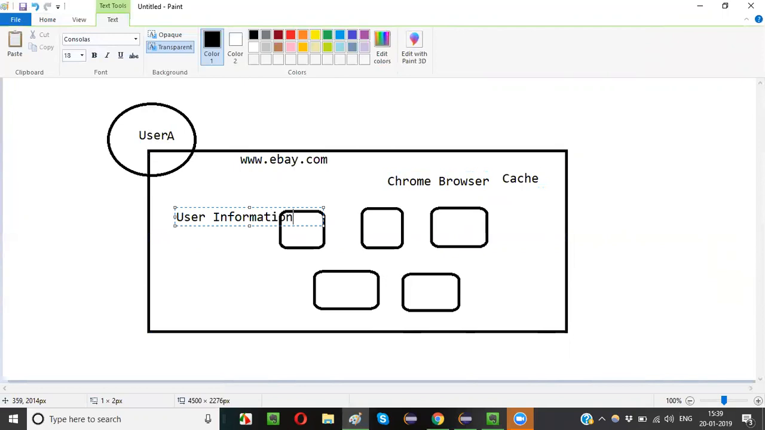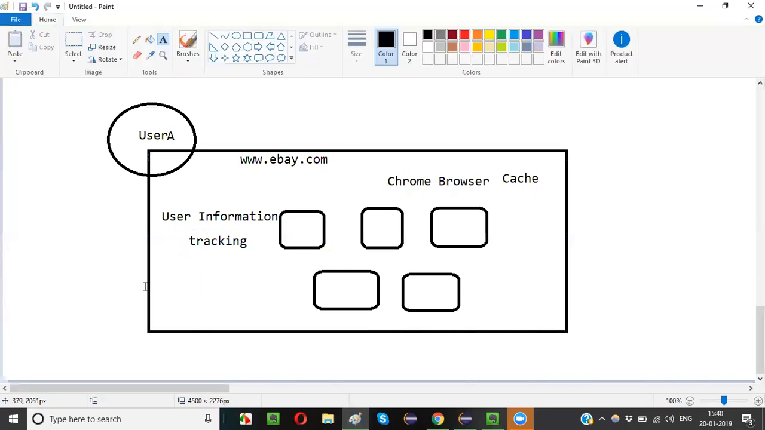Whoever the user is who is browsing this application, that user-related information will be stored and tracked by these cookies. And also, when this user visits these websites, he may add an item to cart, or he may purchase the item, he may return the item, he may do a lot of stuff, he may visit different categories of the items. At that time, these cookies can also help the application owner to track